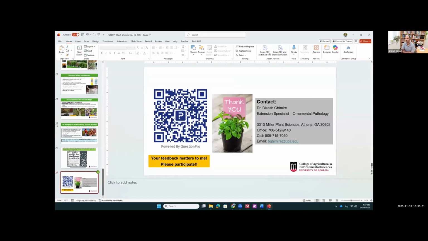Because there is one question, and there is another question about insect issues in viburnum that I will address. This question is, if you have a hedge of boxwoods and several other shrubs have blight, is it best to go ahead and remove all of them? Should the soil be treated before replanting? Can you repeat the first part? Yes, the first part is if you have a hedge of boxwoods and several other shrubs that have blight, is it best to go ahead and remove all of them? And the second part is, should the soil be treated before replanting?